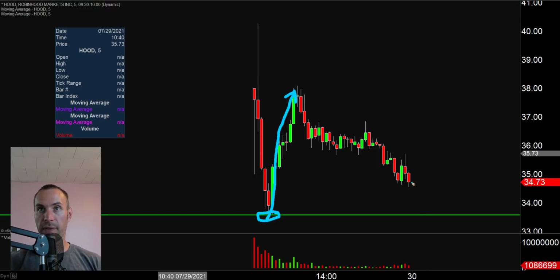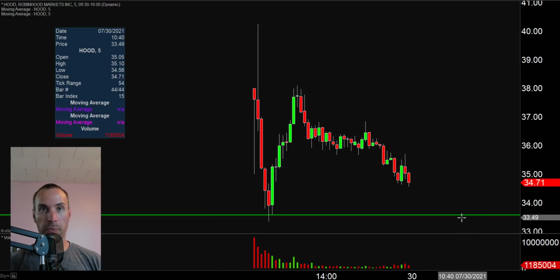distance of $33.50. So if the price goes down there, nothing's guaranteed, but is it at least a rational thought of, okay, maybe this is some sort of double bottom where it can bounce again? Yeah. That's by no means random. That's not like you're just making something up. That's a valid thought process to have. Again, not a guaranteed thought process, but it's at least a rational choice. So down there at that 33.50 going to be that key level of support